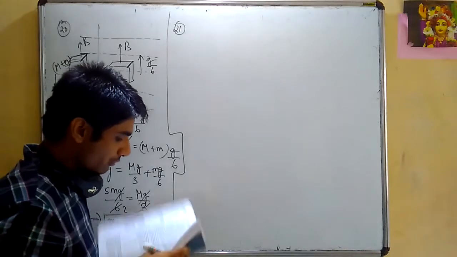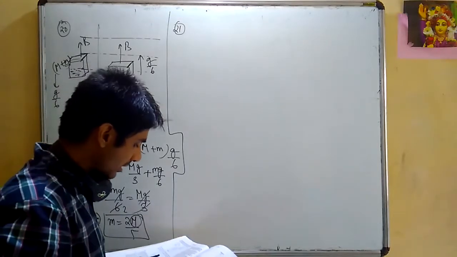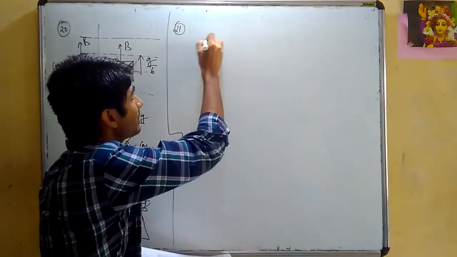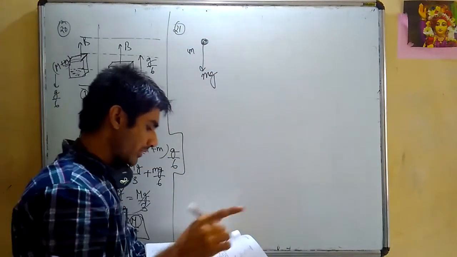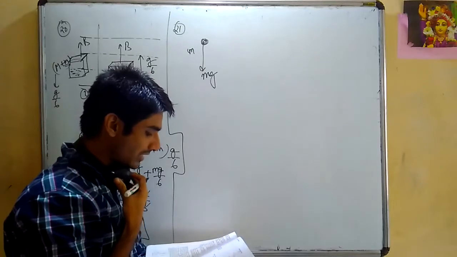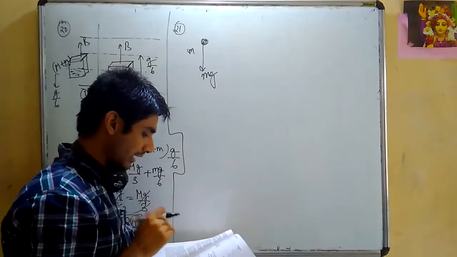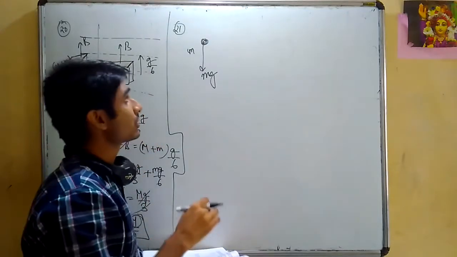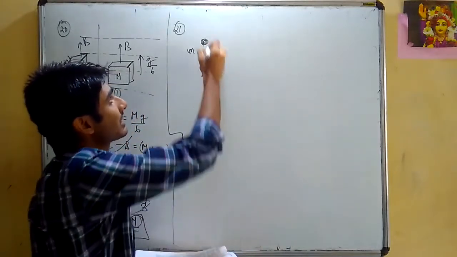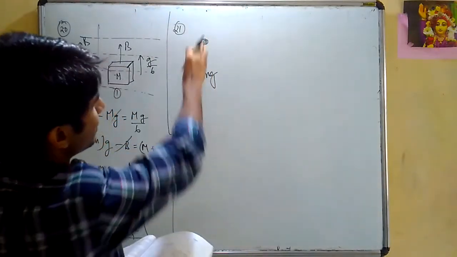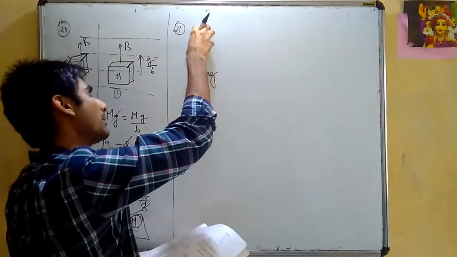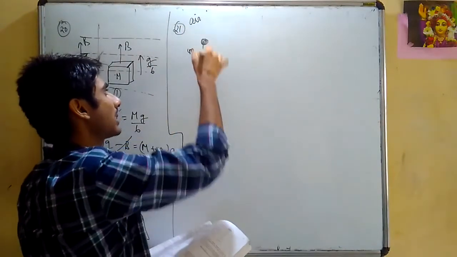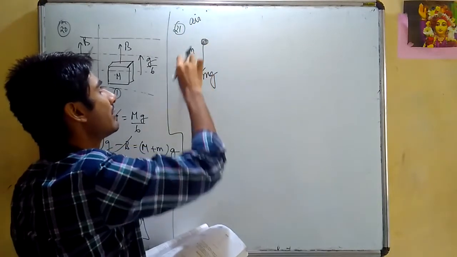A force of F equals V cross A is exerted on a particle in addition to the force of gravity. So let us say, for example, here is a mass m and the weight acting is mg. An extra force is applied on this particular body, that is V cross A, where A is a constant vector in the horizontal direction. Say, for example, we are watching from a distance and this ball is falling. This is exactly how things are happening. You have a ball in the air and it is falling down because of gravity.